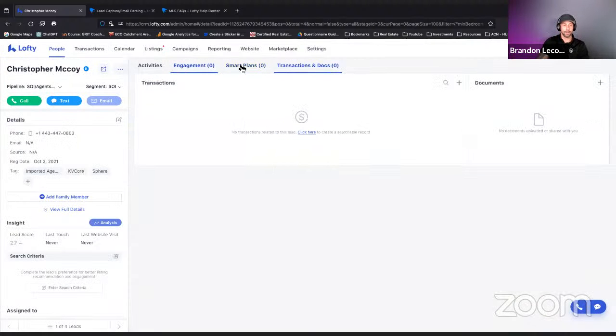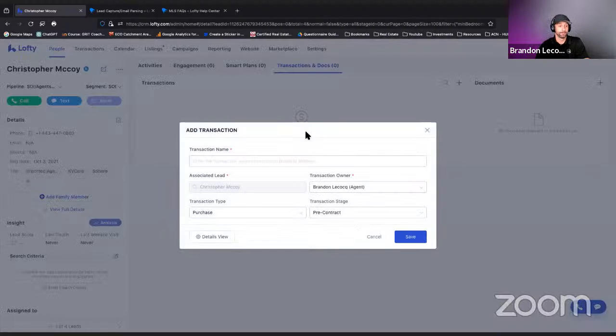And then lastly, on this top part is where the transaction and docs are. So you can add your docs. So if, for example, maybe if you're showing homes, this might be too much, but if you're showing homes, you want to add all the MLS homes that you saw in here, or if you're under contract, you can start adding contract documents. You can create the transaction here,